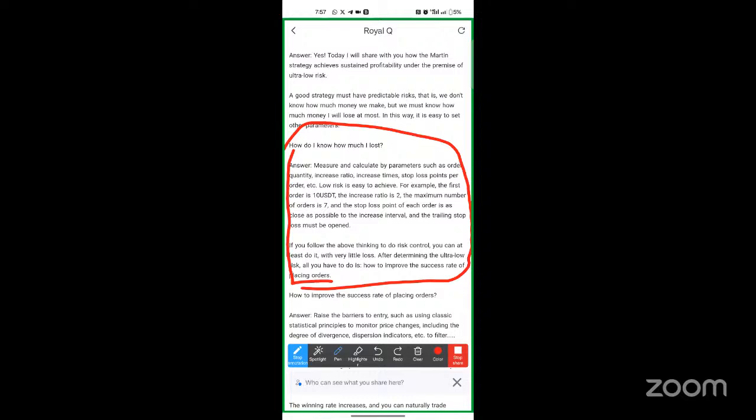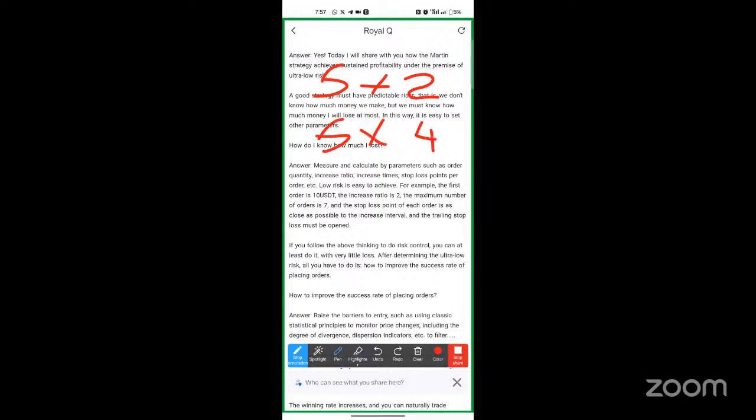So we are going to just create understanding. So in simple terms, if your first buying amount is 5, and when the coin drops by any predictable drop, you buy by 2. It is 5 times 2. Then it becomes 5 times 4. Then it becomes 5 times 8. Then it becomes 5 times 16. Whether it is 10 or 20, it's up to you.